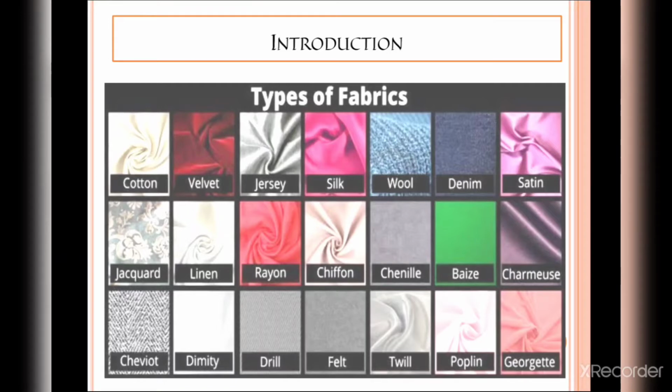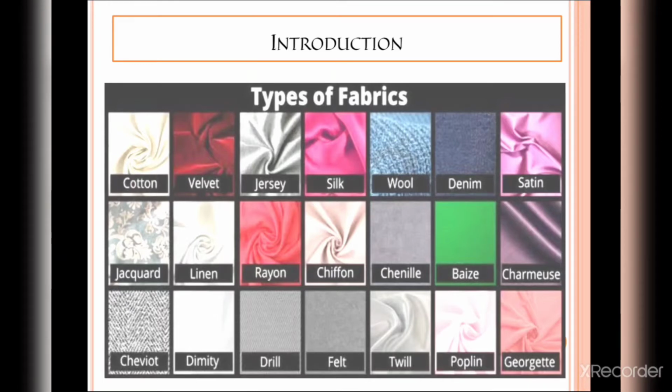Like for daily wear you will wear cotton, then currently the monsoon season is going on, so you will select either georgette or rayon or polyester. Likewise for occasional or function purposes, you will select velvet or silk or net or any other. So you can see that varieties of fabric are available in the market.